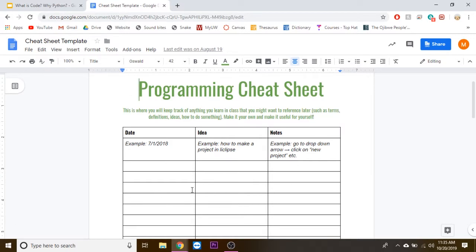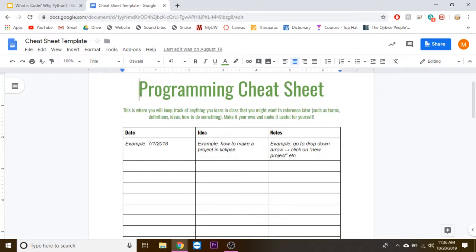You could completely delete this table and make something completely your own. You could write in pure code and then maybe write comments describing what that thing is. It really depends on how you best work and how you best learn. So it's whatever method you want to use. You do not have to share this with me. I may ask to see it if I want to help you do something, but it is not required.